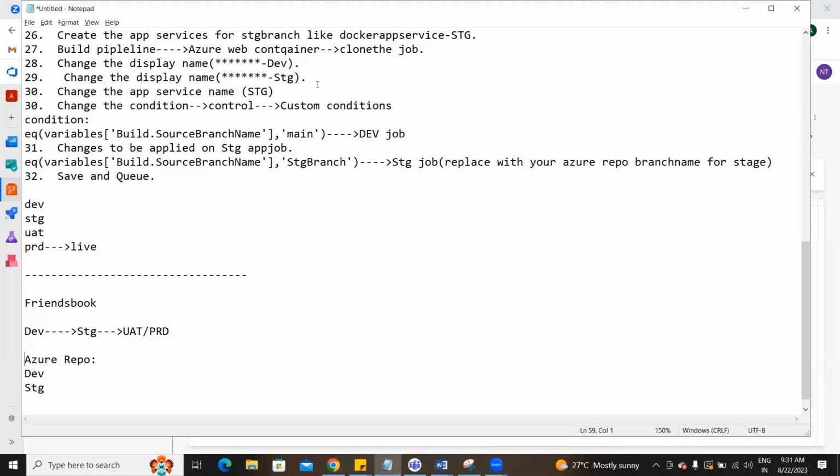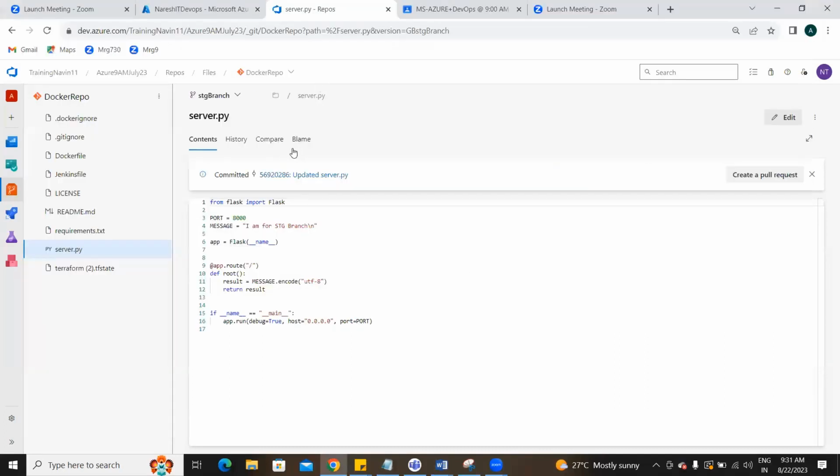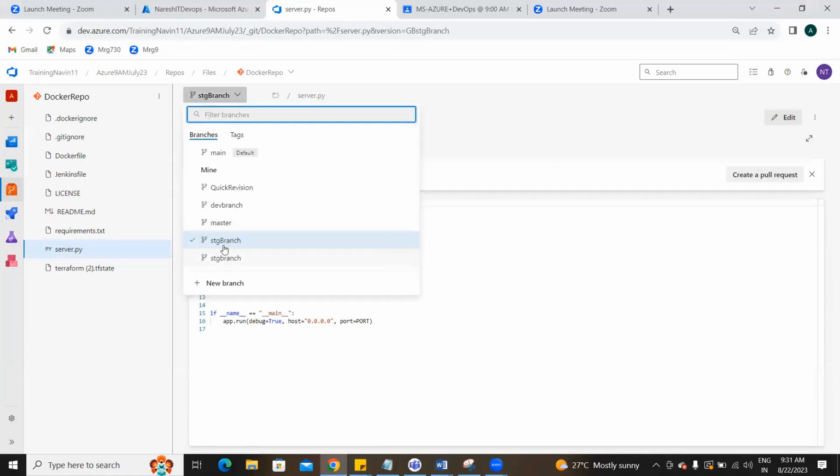This is my stage branch. I made some changes in my file, so whenever this application runs, it should show the message 'I am from the stage branch'. Got the point? Clear? Good. Now I'll go to the dev branch here, scroll down, and go to the dev branch.